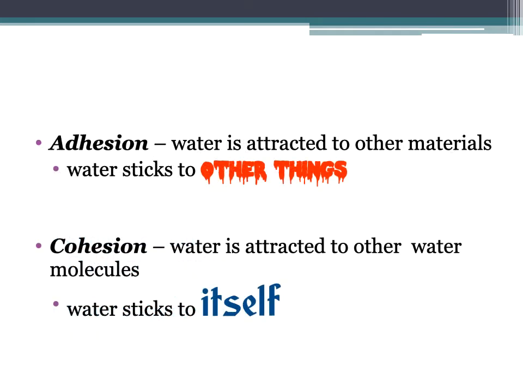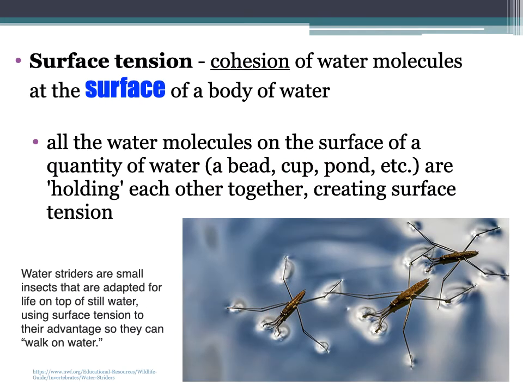Adhesion: water molecules, because they hydrogen bond, can stick to other things, like the inside of a straw. Or cohesion, where water will stick to itself. Adhesion, other things; cohesion, itself. Water exhibits something called surface tension, and that at the surface, at the interface of the water and the air,